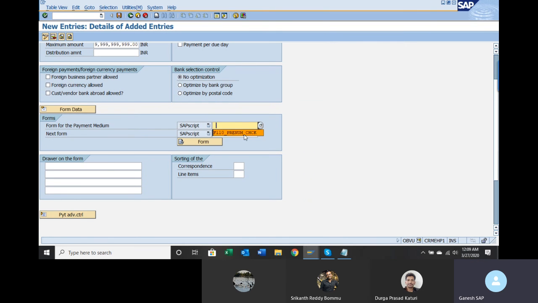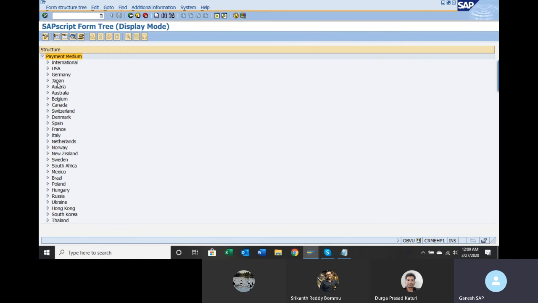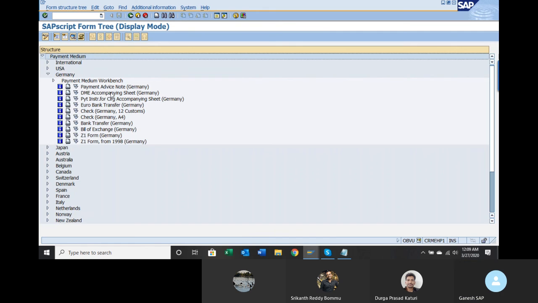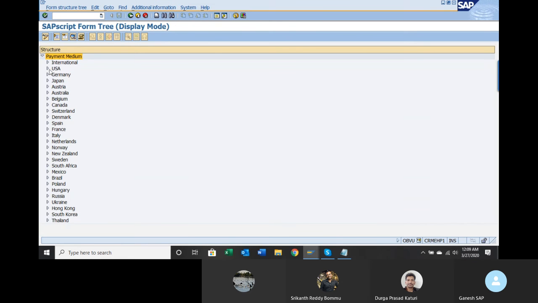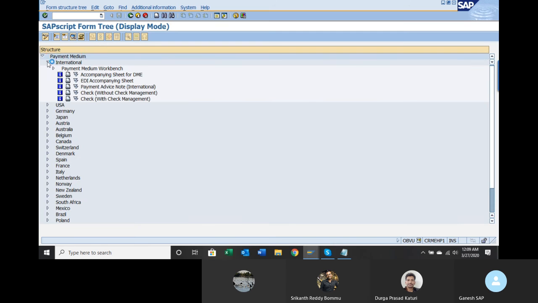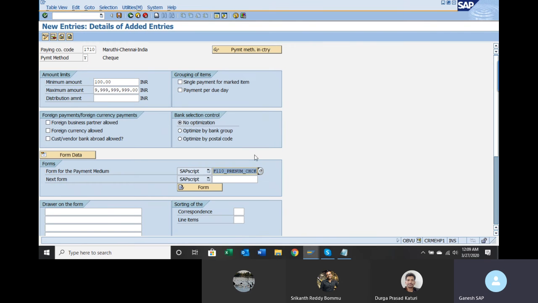This is to print the check. This form is not for payment medium for check. Okay. So take this name, or even if you can go to F4, Germany, check right. Or international, you can go check with check management. Okay.